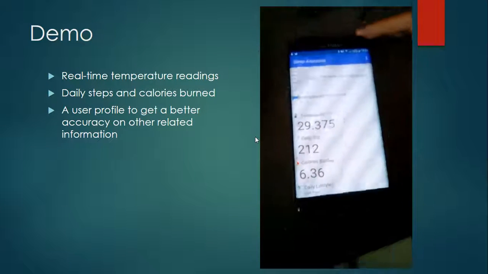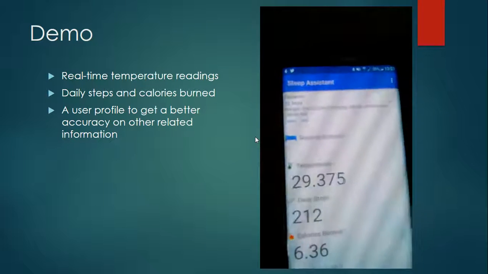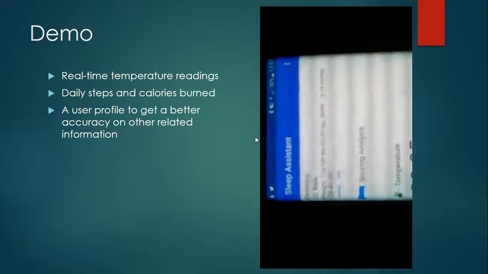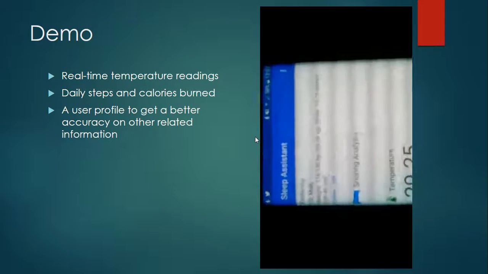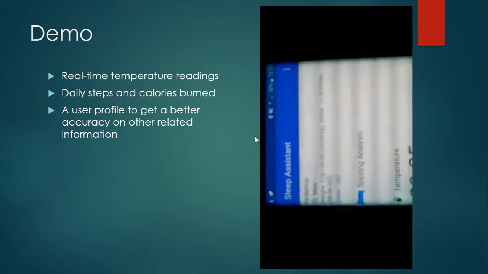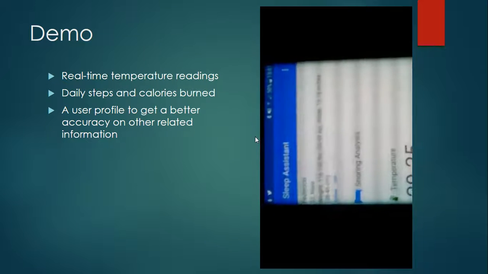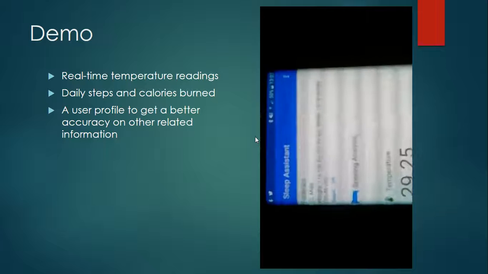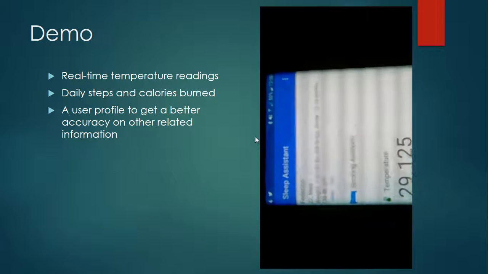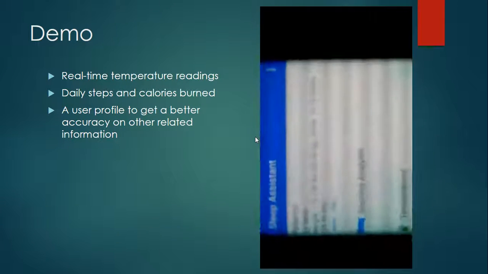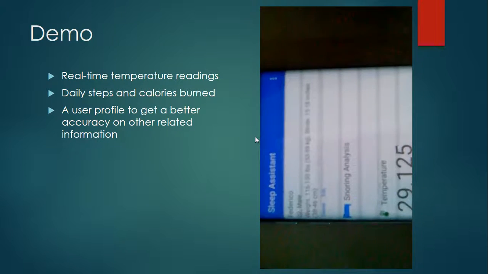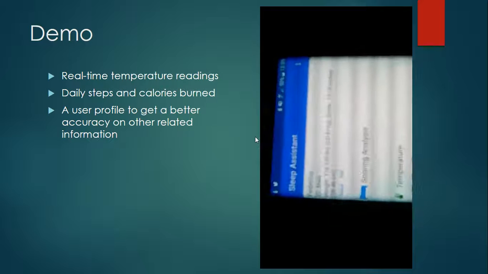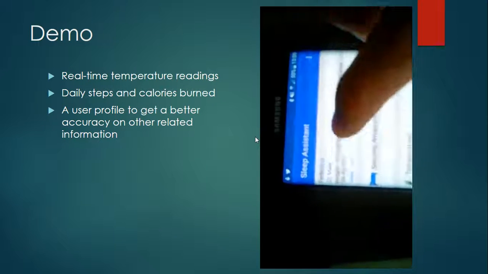So apart from the temperature, I also have created the profile feature on my app. So I have created one for my own. This is my name on the first row, and the next row is my age and my gender, and on the last row is my weight and my stride. So in here you can delete or you can edit the profile. Now if you try to click the edit link,